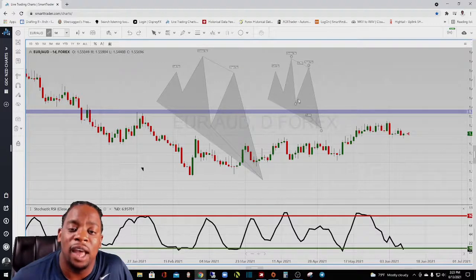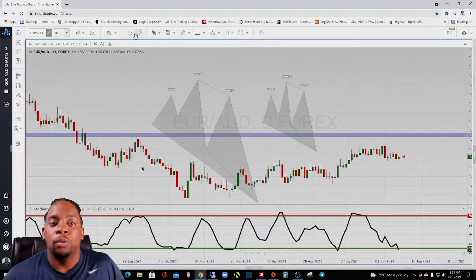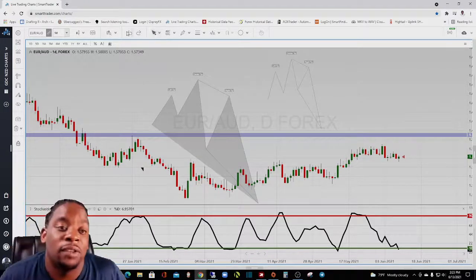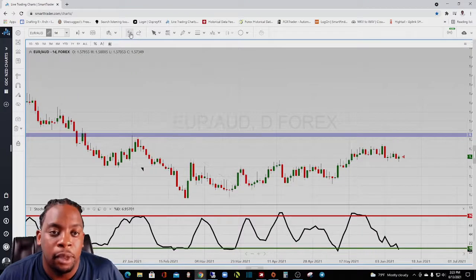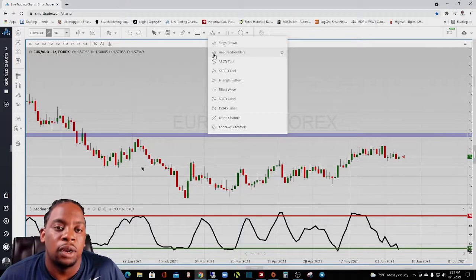your overall crown inside. So this is an identifier that allows you to understand where key U-turns are about to happen and where a new phase of ABCD swings are going to happen from the opposite side of the overall direction. From there, Head and Shoulders tools is another one of those tools that allows you to